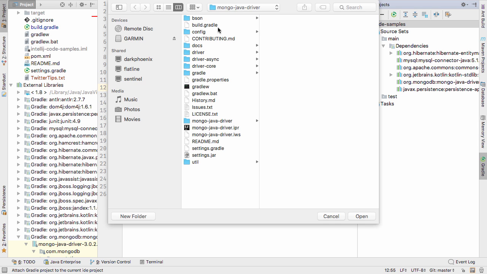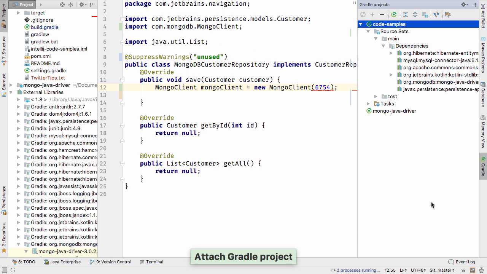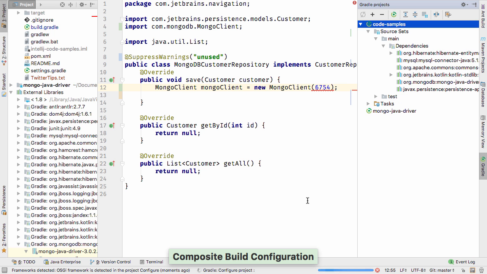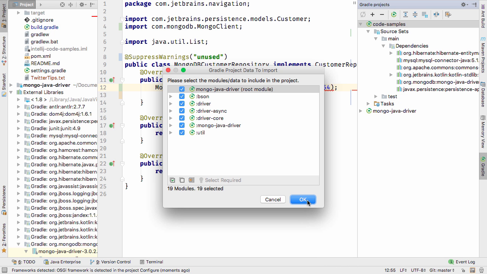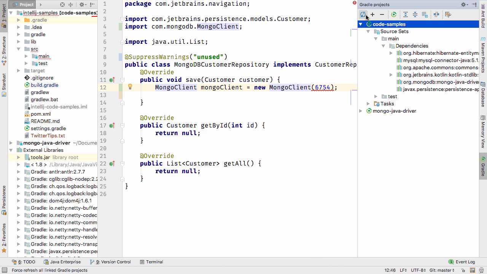But now, I can add this as another Gradle project and configure the composite build configuration of the project that depends upon it. This brings in the code from the other project as a module in this project. After refreshing the Gradle projects,